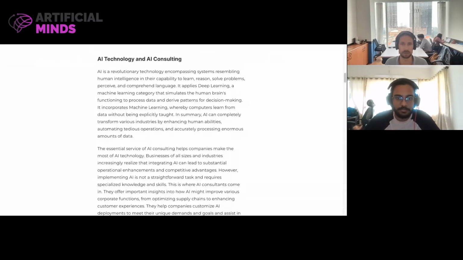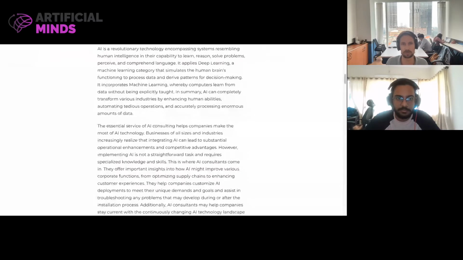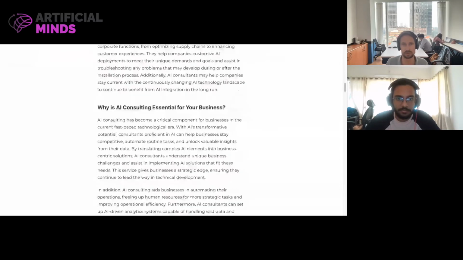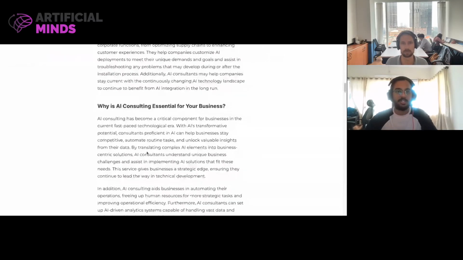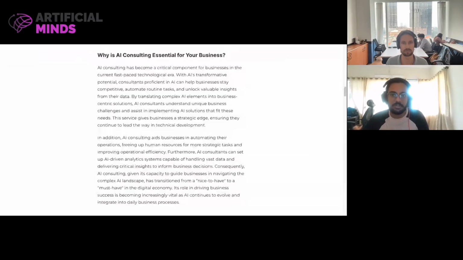And in regards to what is essential in terms of AI consulting for your business? So the essential thing in AI consulting services for a business is basically to first understand the business needs of the AI, and then after that, preparing a vast data set so that you can create good and nice algorithms out of it.